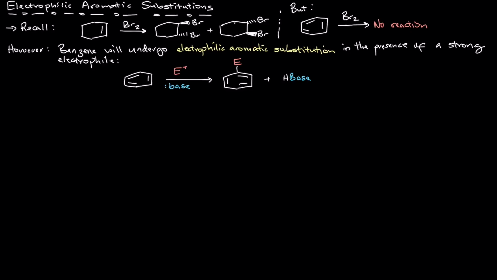You take your benzene, you react that with a strong electrophile that we're going to call E+, and then somewhere in that flask, a base will be needed at some point during the reaction to essentially replace one of the hydrogens in the benzene with the electrophile that you've added as your reagent. The general mechanism for electrophilic aromatic substitution is, once you do form a strong electrophile, the benzene can then attack the electrophile in a nucleophilic attack mechanism,